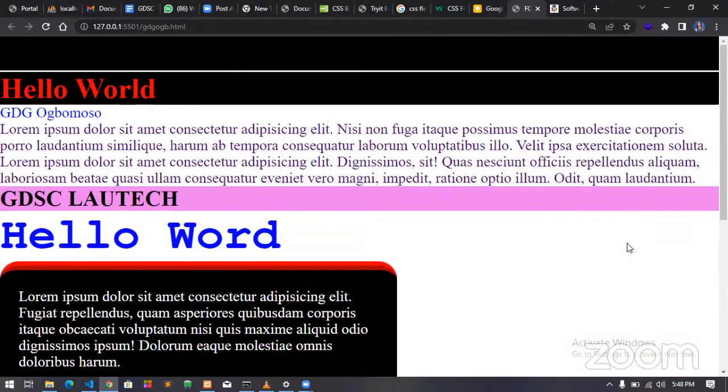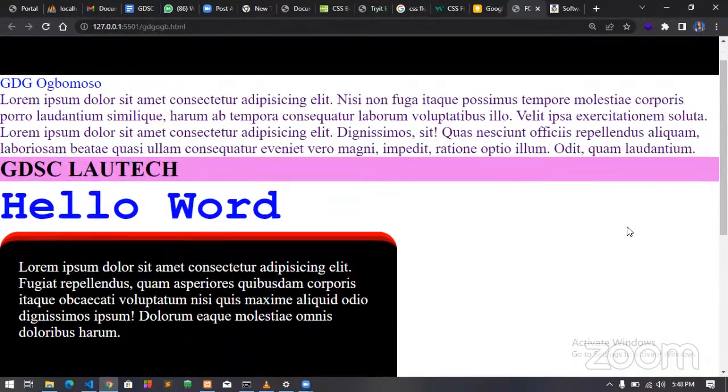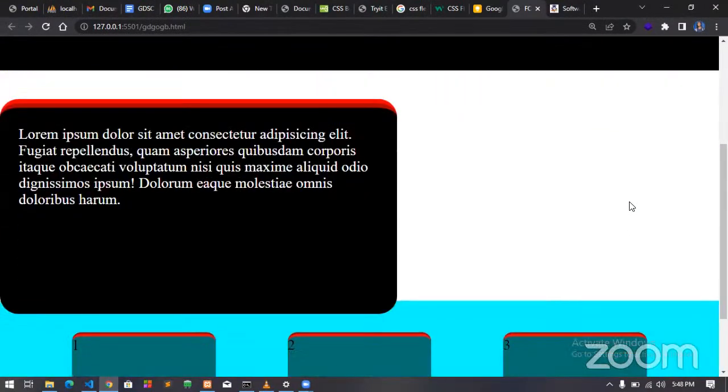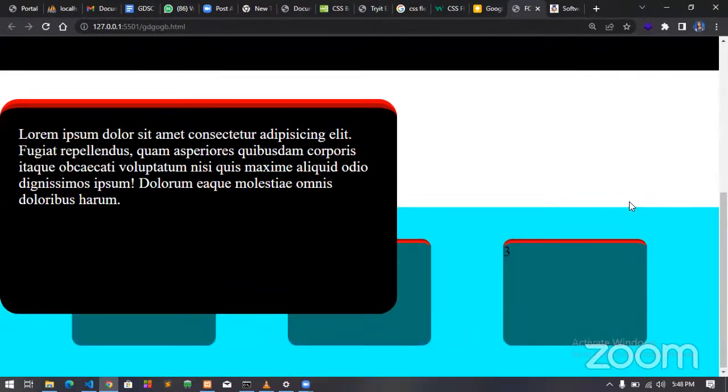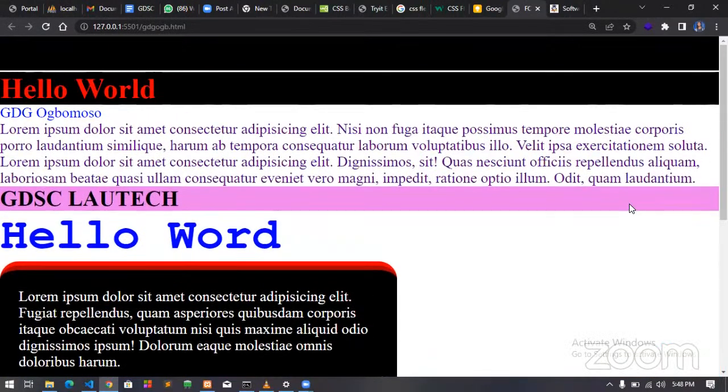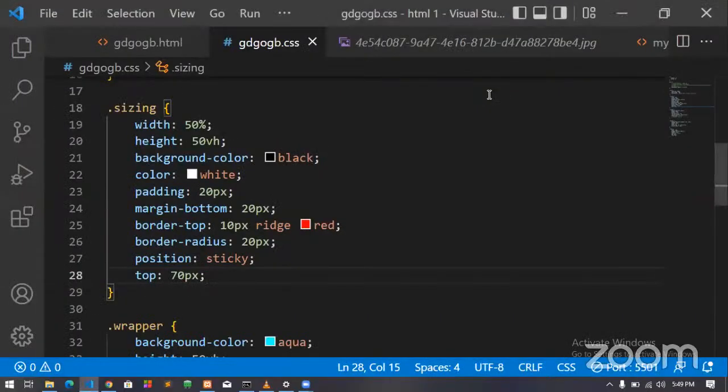So how sticky works is at some point in time it will be scrolling, but when it gets to that specified limit, it will now what? It will stop and start following you down the screen. So that's the difference between position sticky and fixed. When you give it position relative, you're just saying it should be relative to the body, like the whole body. Now all this position, it depends on what. If you don't need them, you don't have to use them, but if you need them, you really have to use them. So I think I would be drawing the curtain for the day today at this point.